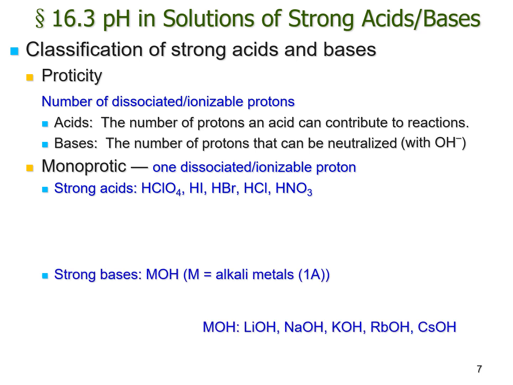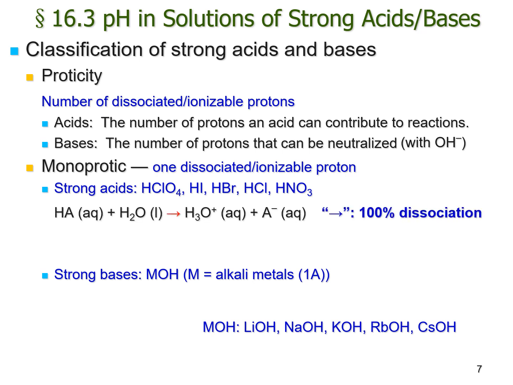And of course, we can have strong bases as well, meaning they carry only one hydroxide per formula. Since there's only one hydroxide, the cation must be an alkali metal. So we've got lithium hydroxide, sodium hydroxide, potassium hydroxide, rubidium hydroxide, cesium hydroxide. All of them will give up 1 unit of hydroxide from that formula.